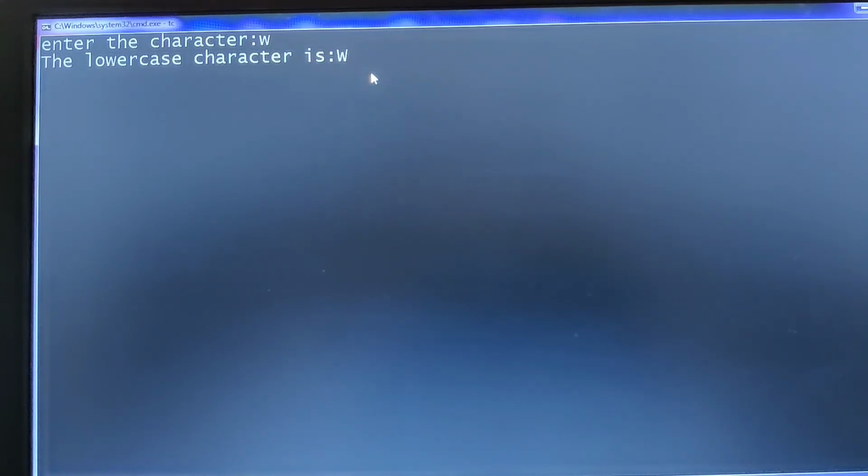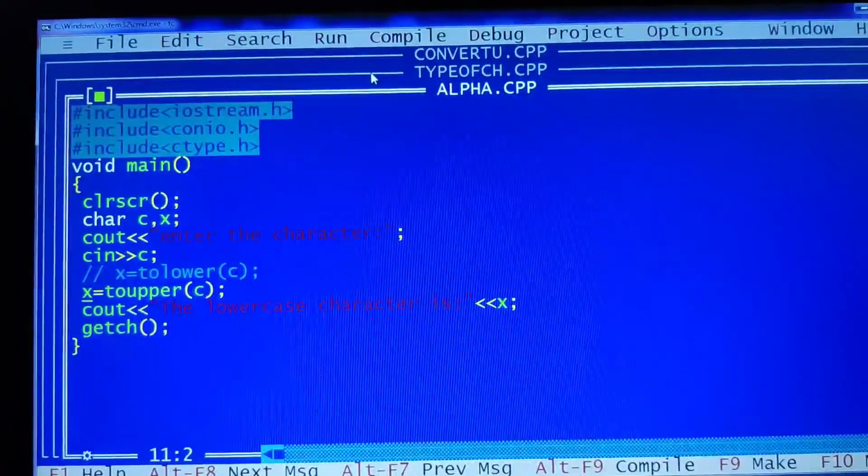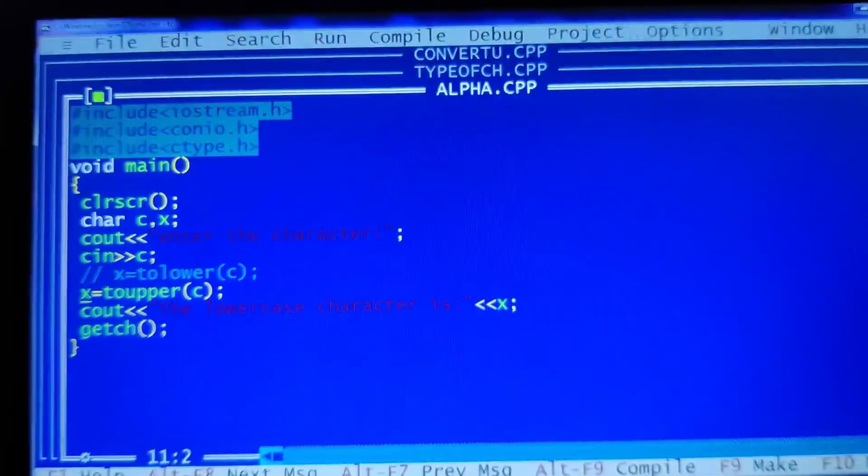Now let us move on to the next topic, that is how to input a single character. What if I have to read and display only a single character?